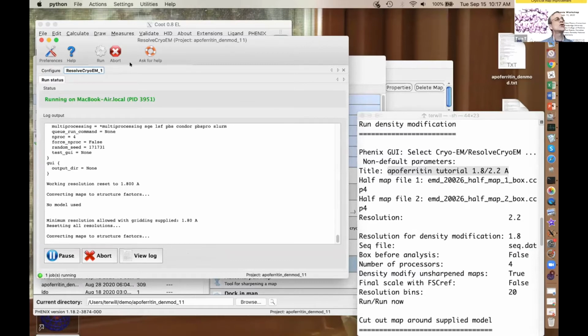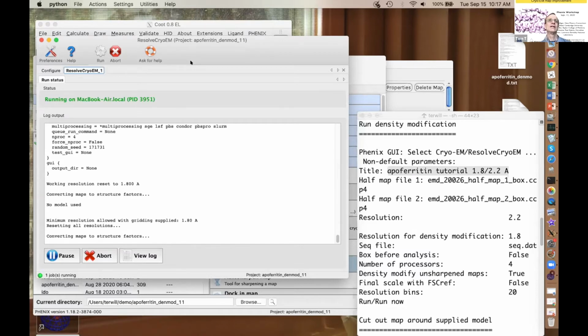Oh yeah, so I would try it with the automatic first. If you don't get a good result, like the density modification doesn't seem to work well or something, then you might want to box it yourself. The way you would do that is to create the situation I just described: your molecule, including things like lipid or whatever, is about a quarter of the total volume. If it didn't generate something like that automatically, you can box it. Another reason you might want to box it yourself is that your map has some things in it that Resolve Cryo-EM doesn't expect, like a big noise peak somewhere that you want to just box out. Or